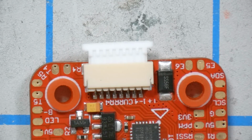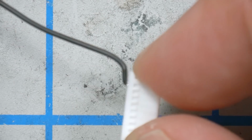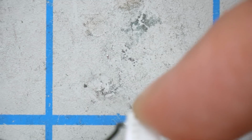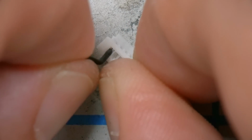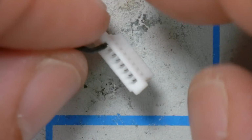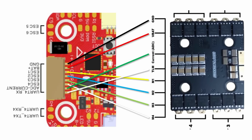And then we're going to start with ground. Okay, so now I'm going to pull this out and I'm going to just insert the ground. It can be a little tricky to get it in there all the way. When you're making a plug like this, you always want to give a tug. Don't rip it out, obviously, but just give a gentle tug on it and make sure it is fully locked in. So now that we got the ground in place, we can work our way right to left, and we know we're not building the connector upside down. And that's what we've got here